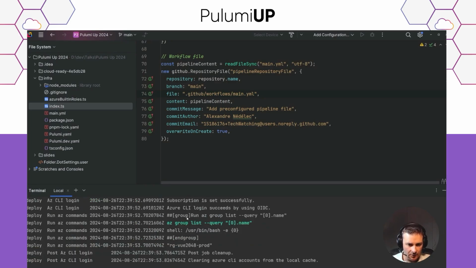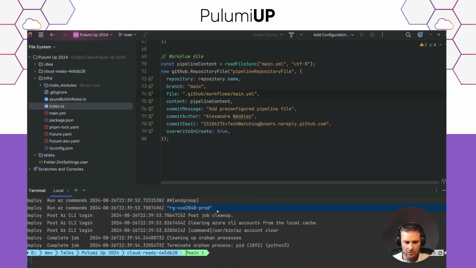And in the log, we can see that the login was successful using OpenID Connect. It executed our test command, and the output is the name of one of my resource groups.